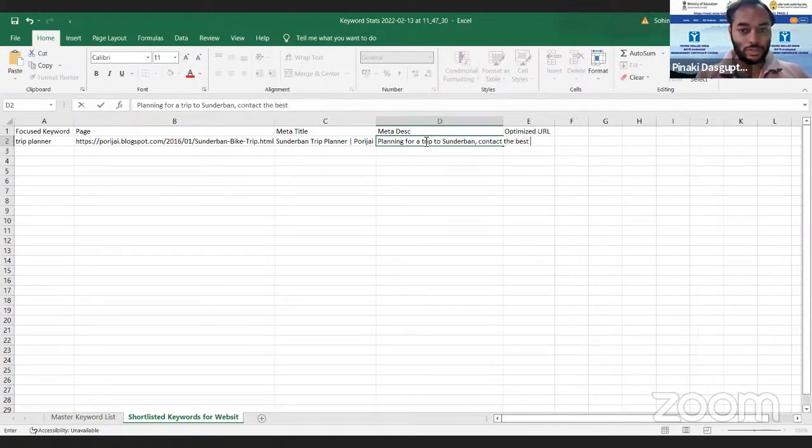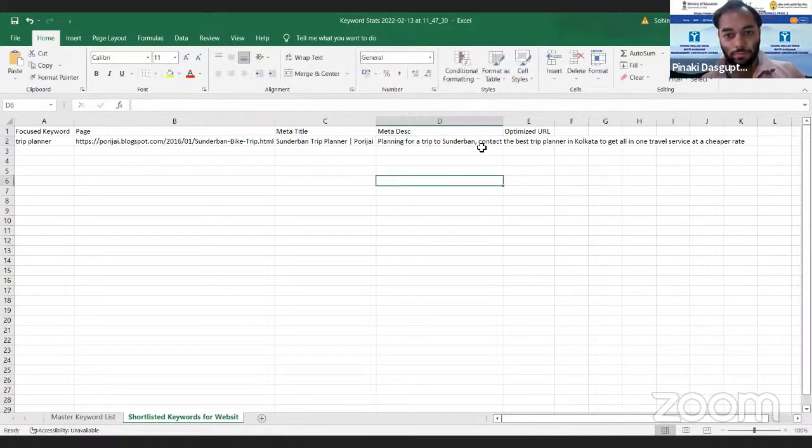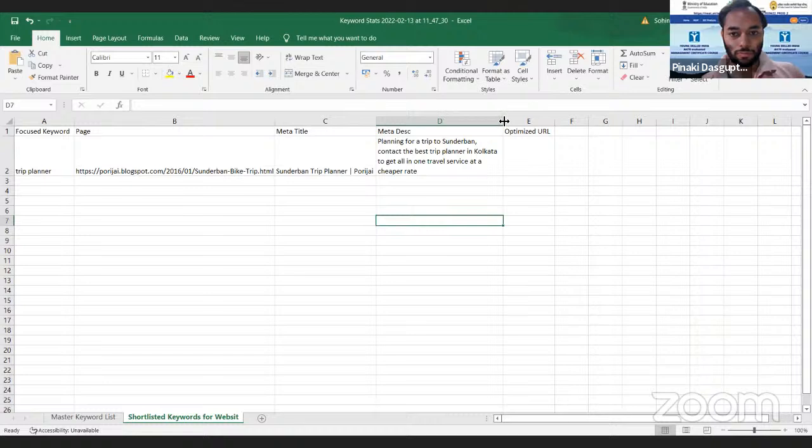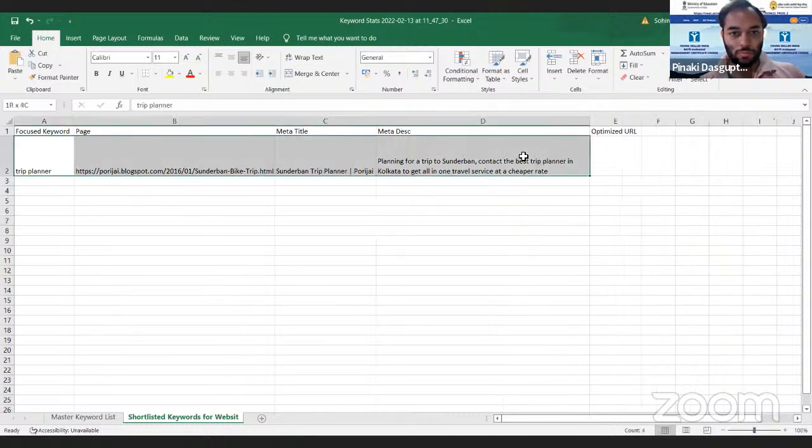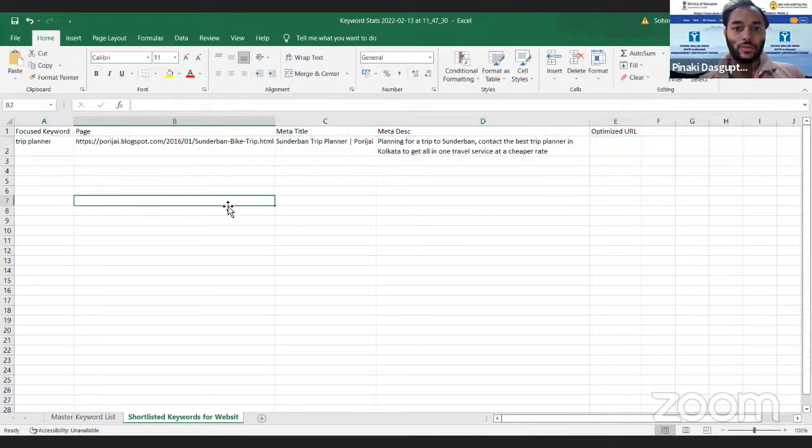Contact the best trip planner in Kolkata to arrange and get all-in-one travel service. Okay.